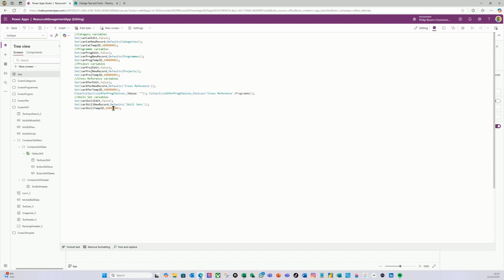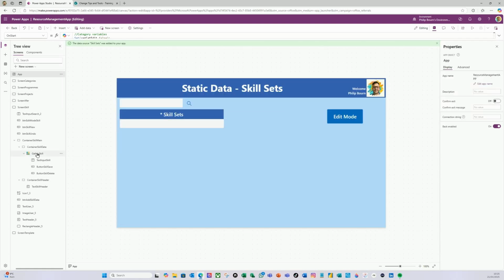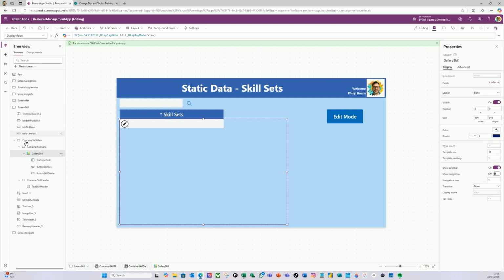So that's done there. And again, gallery, I just redid all the code and swapped out what I'd copied, which is the project. So PROJ, I swapped that out for the skill and just renamed everything. So this is now ready to go. So let's just run